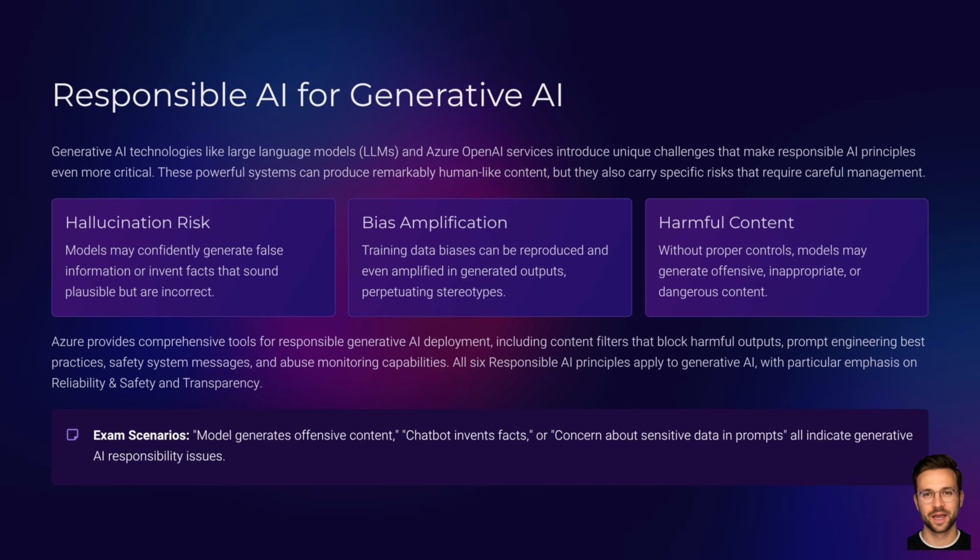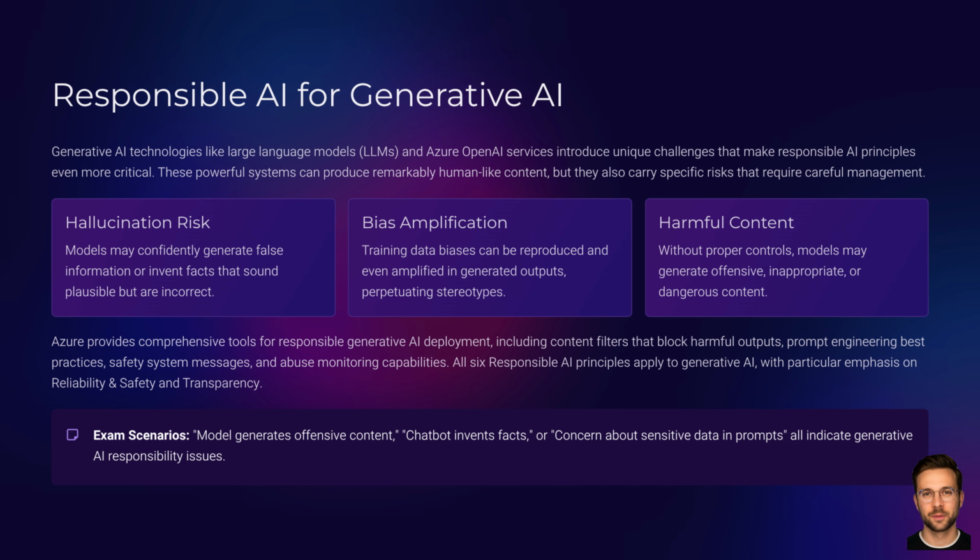Responsible AI for Generative AI, Azure OpenAI. Now let's connect responsible AI to generative AI. Because the latest AI-900 exam explicitly includes responsible AI considerations for generative AI. Generative AI systems, such as large language models, can produce very realistic content, sometimes hallucinate or invent information, reproduce or amplify biases from their training data, and generate harmful or unsafe content if not properly controlled. On Azure, services like Azure OpenAI and models in Azure AI Foundry include safety features and content filters to help